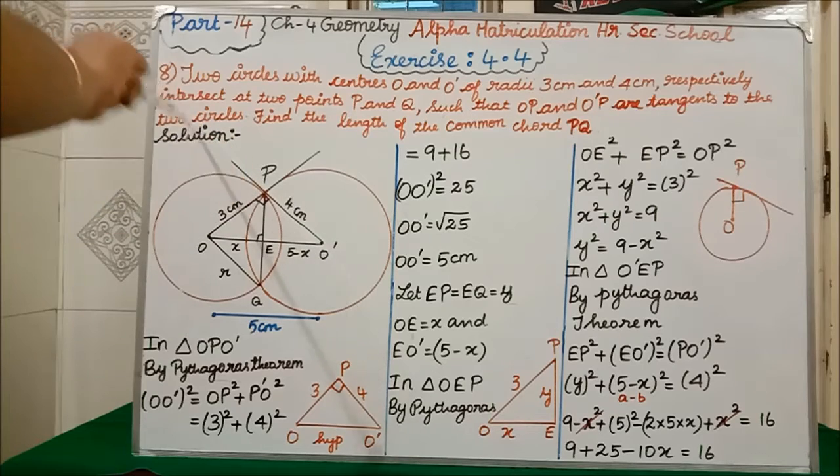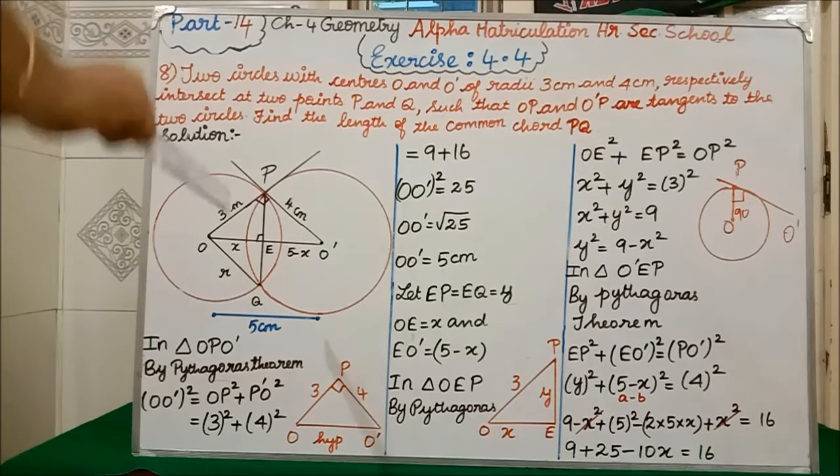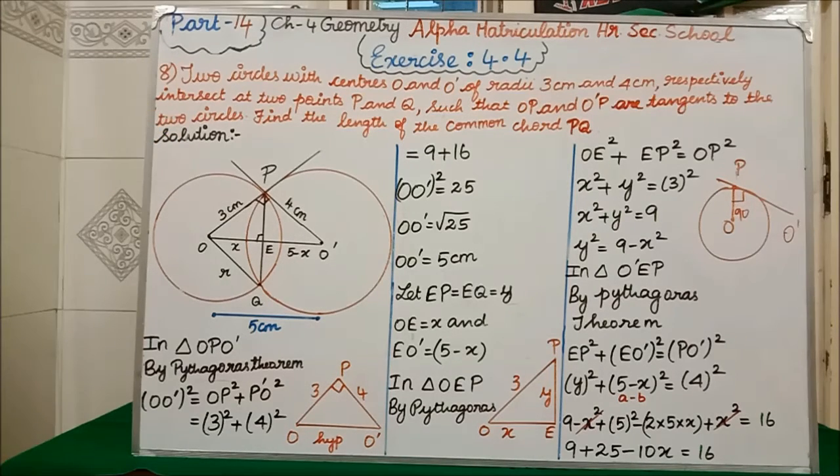Now first, this is the radius I told you about, and the tangent line intersects it. When the radius and the tangent intersect, at that point we draw a perpendicular, isn't it? So OP is perpendicular to O dash P, with O dash here. Perpendicular means the angle is 90 degree. I have drawn in the diagram that angle P is 90 degree.